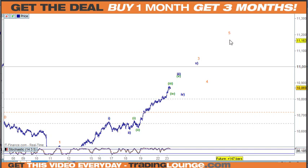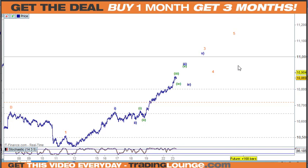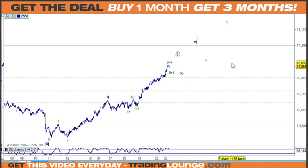Well, anyway, that doesn't matter too much. It'll be a dance across the 11,000 in that case. So I don't know if I need to label this wave 1 up here and then back for wave 2 in that case. I don't know how far that US dollar is going to go just yet, but looking at